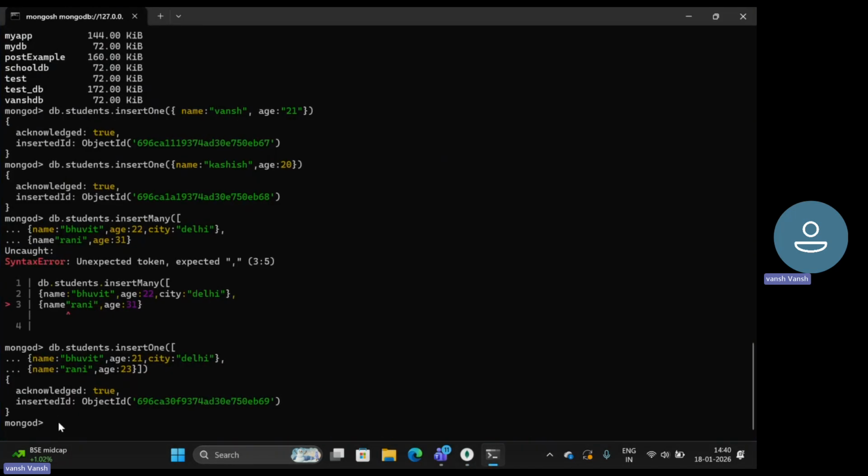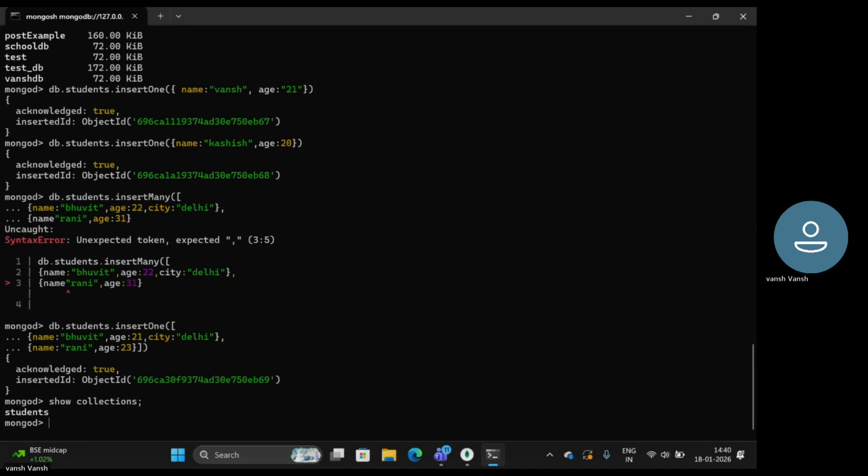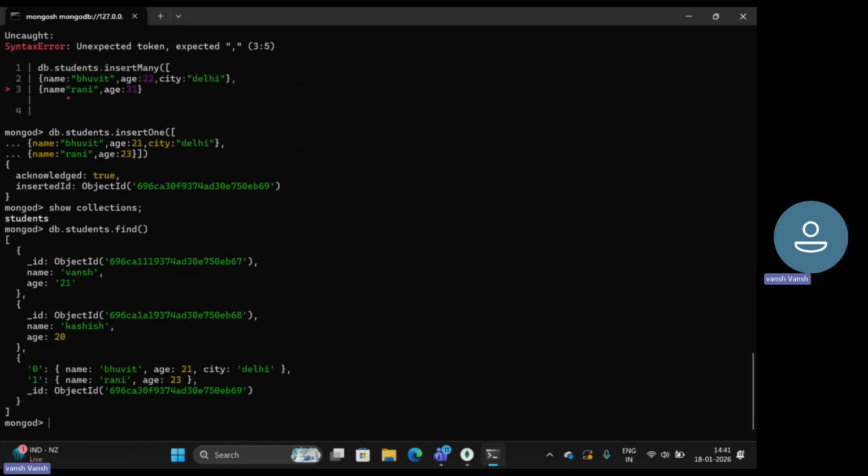Clear? Now, how can I check it from here? So show collections, and now I want to see the data from inside it, right? So not show tables, I have to use db.students.find. I guess this is the command to check it. Let's check. Yes. So if we use db.students.find, then it shows me all the